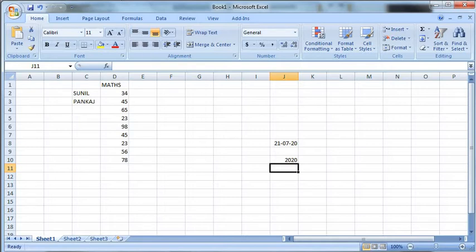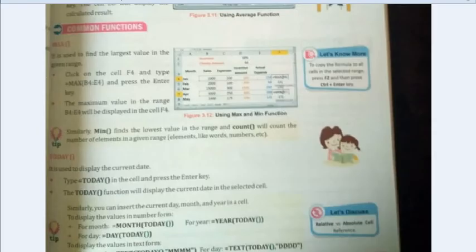Understood? So all these things we have seen: today, month, year, and the day also we can display. Let me show you day.